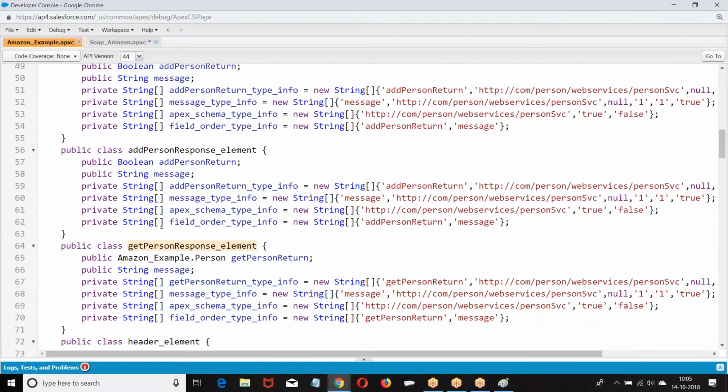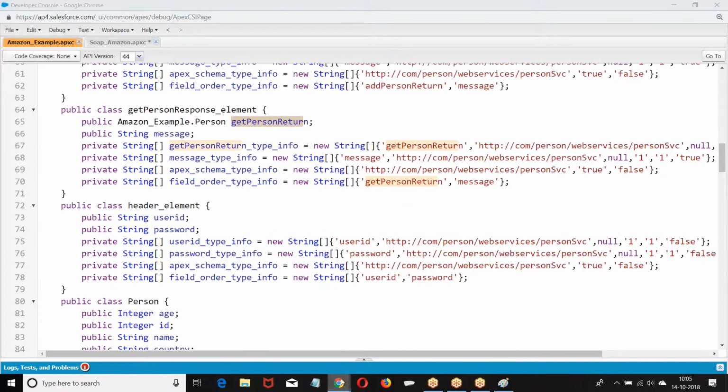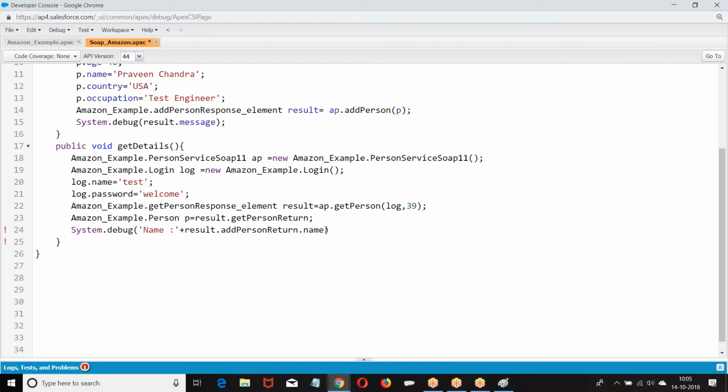Look at the wrapper class. Get response element. Get person return. Okay. Then you can print straight away. You can print person P.